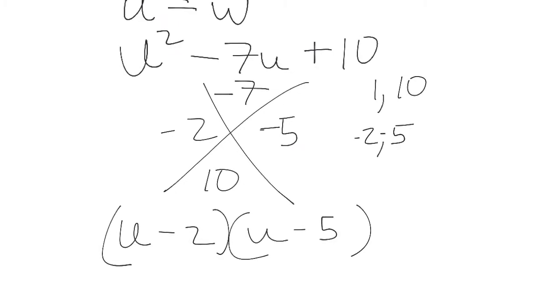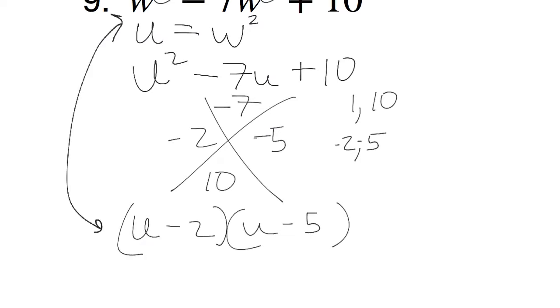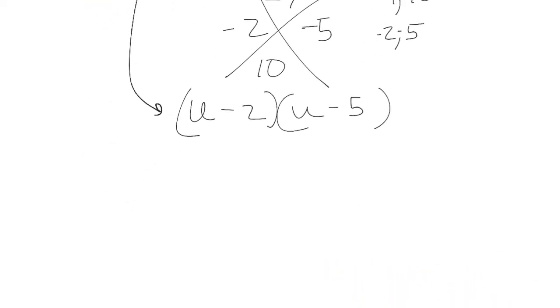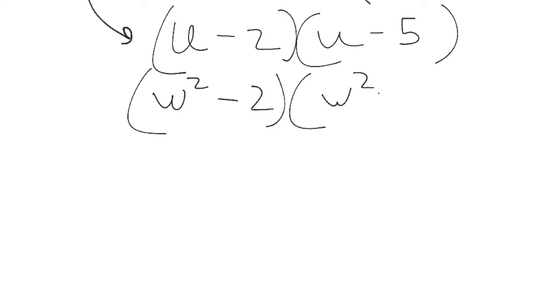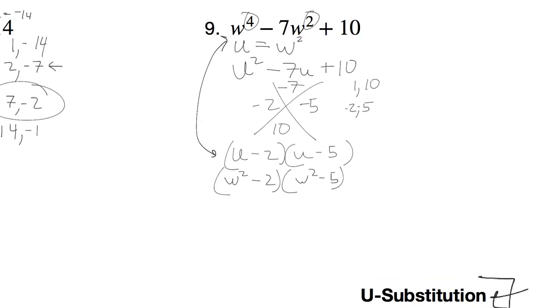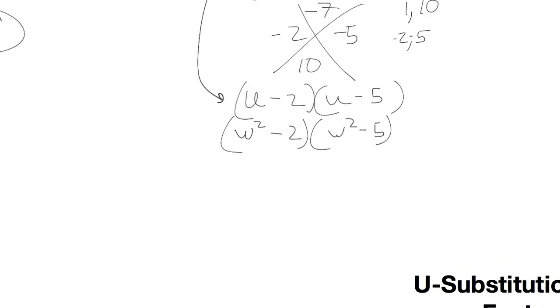But what I need to do now is reverse, we need to back substitute the U substitution. What is U? It's W squared. W squared minus 2, and then W squared minus 5. But I think we can go even further than that, because look, check this out. Oh, from the previous page,